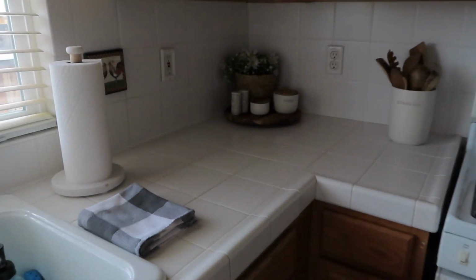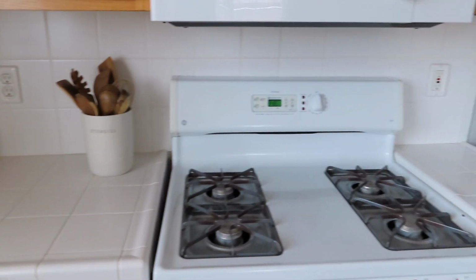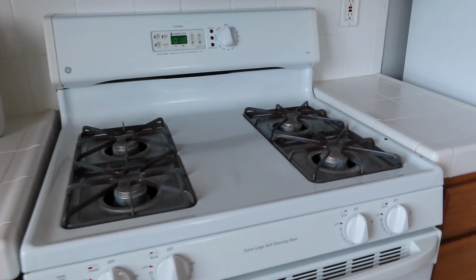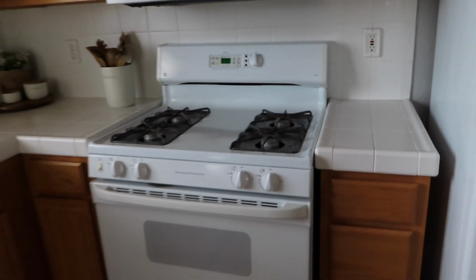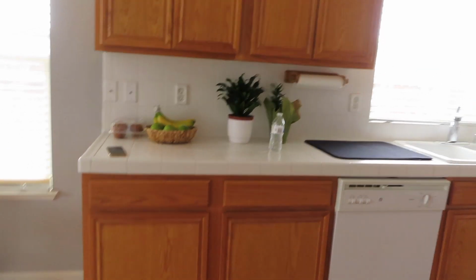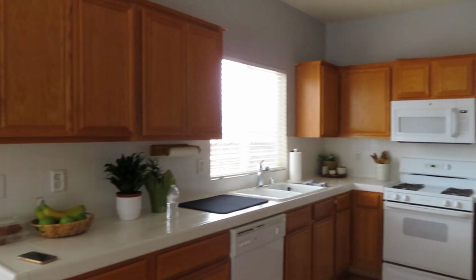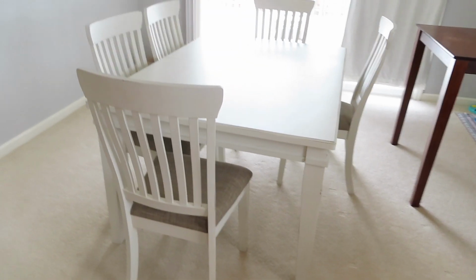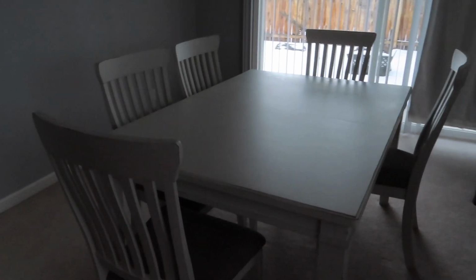And I wiped all of my countertops. There's all of my cute little decor. My stove is super clean, and I put everything away, and I mopped and stuff like that. I am loving it. It looks super clean, just perfect. I love it. And then over here I did clean the table, just wiped it down and whatever,